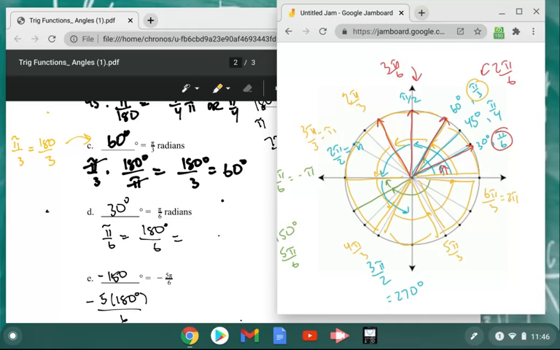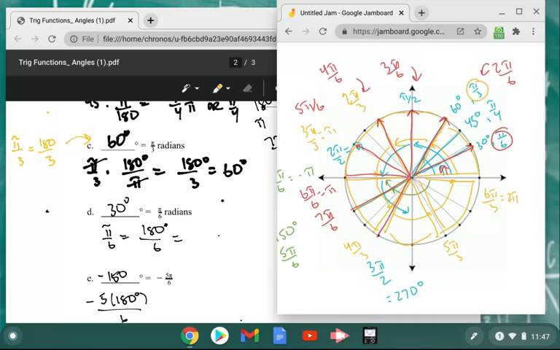I go another 30 degrees. This one is 4 pi sixths, which is the same as 2 pi thirds. Here must be 5 pi sixths. Halfway around is 6 pi sixths. Perfect, that's pi. And then if I go another 30 degrees, I end up at 7 pi sixths. I can keep going with these. So I've got 7 pi sixths,